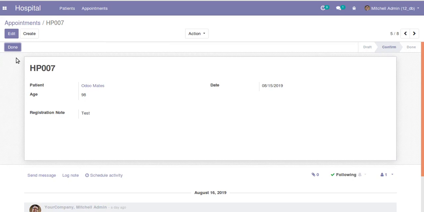I've given a name which stands closely with the action which is going to be done, and I will give type equal to